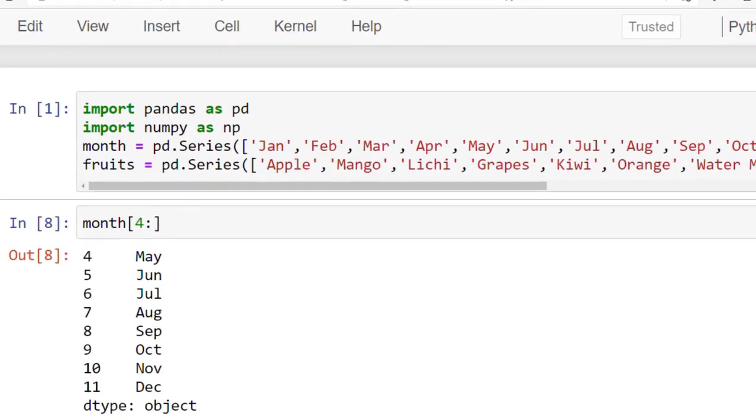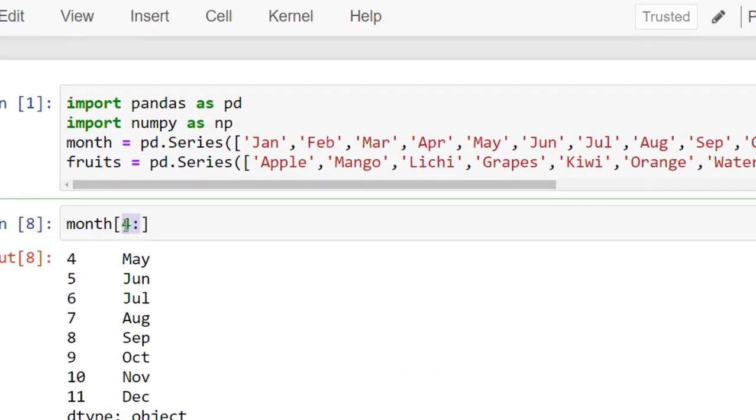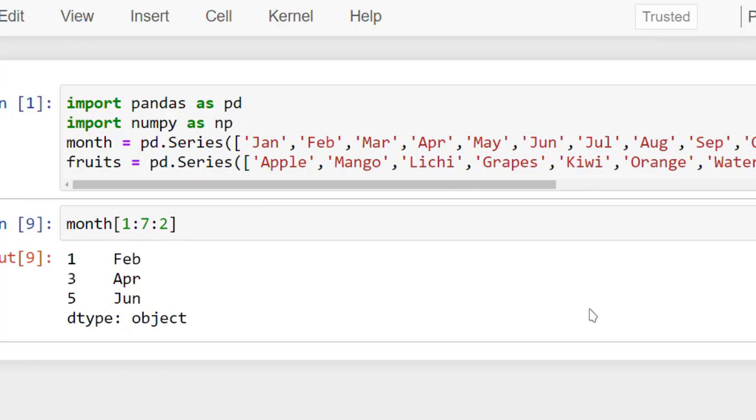So I just write over here 1:7:2 and run it. So this is the output. What step does is it starts with 1. So 1 plus 2 is 3, and 3 plus 2 is 5, and 5 plus 2 is 7. Since the last stop index is not included, it will stop over here.